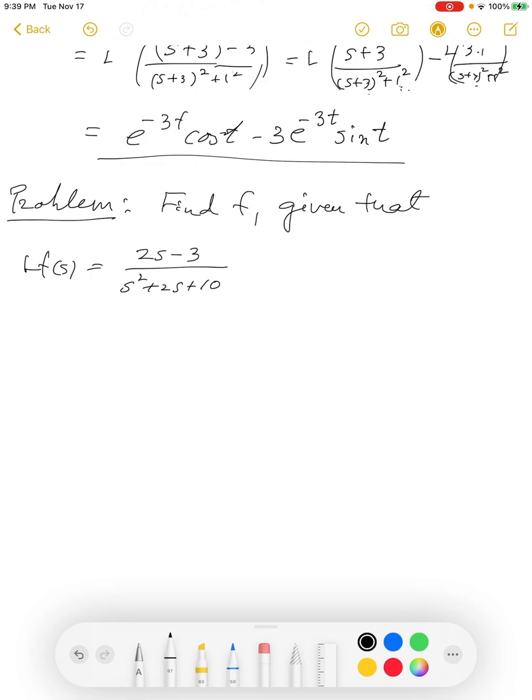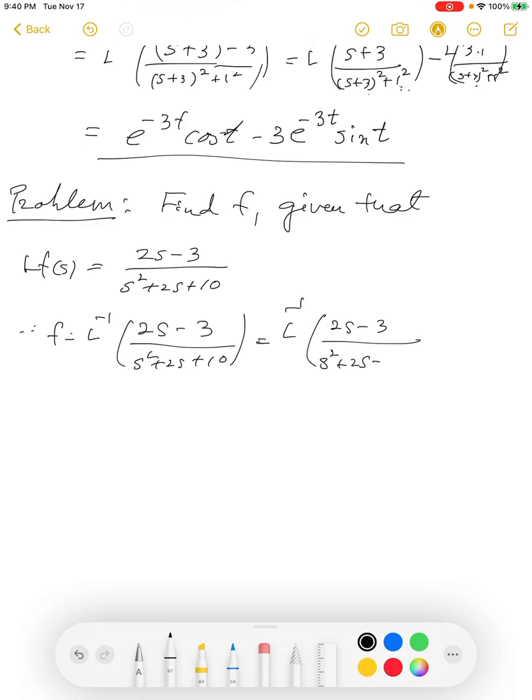So again, the denominator doesn't factor, so you always pay attention to the denominator. If it factors, you use partial fractions. If it is not factorizable, if it's an irreducible quadratic, then you use completing squares and shift formula 1. So this is going to give you, therefore f will be L inverse of (2s minus 3) over s square plus 2s plus 10, which is,